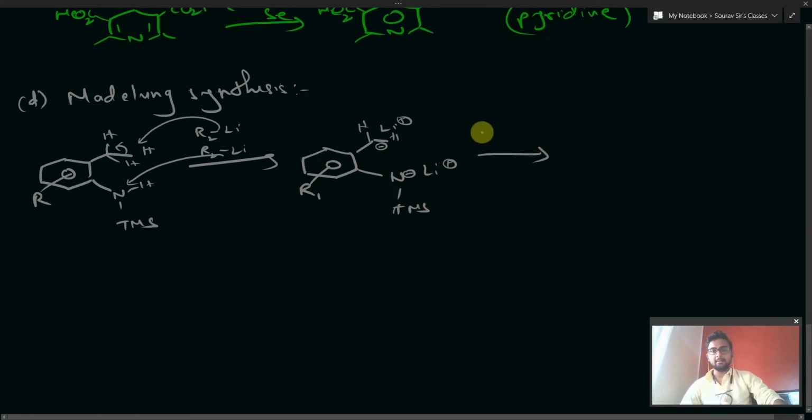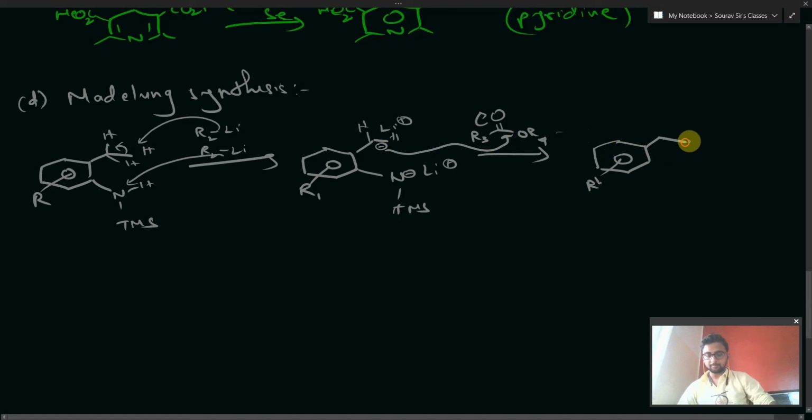Now we will be taking an ester group. Okay, so R3OR4 double bond O. So this N minus would be attacking over here, and this bond will be going up. So I'm sorry, not the N one. Sorry, this minus charge would be attacking over here, and this bond would be going up. So we will be getting a species like R1. We have O minus, OR4 and R3, and here we have N minus and TMS as it is, bonded with Li plus.